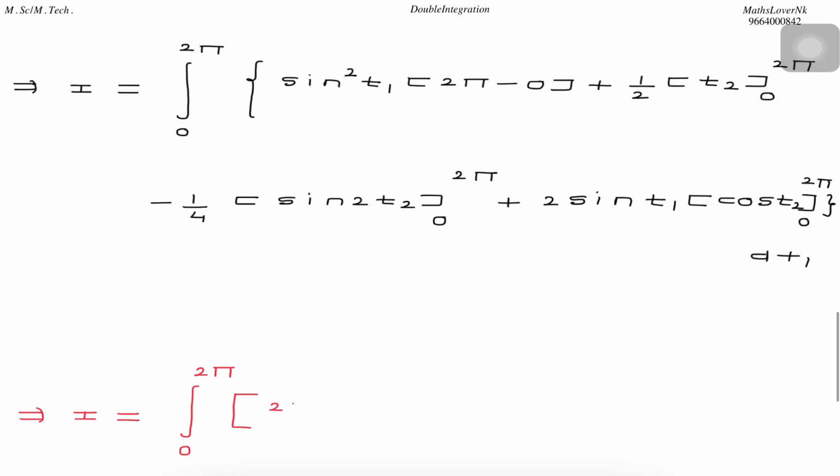When sin square t1 is multiplied by 0, it's 0. Now write down plus 1 by 2 and pi 2 pi, so it becomes plus pi, plus 1 by 2, it's t2, so 2 pi minus 0, so write down 2 pi,